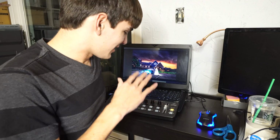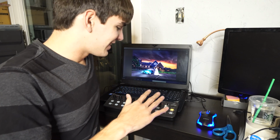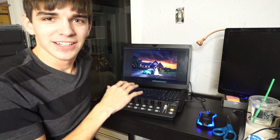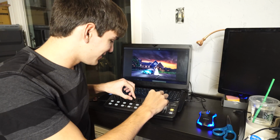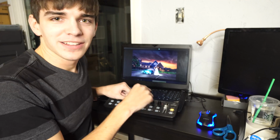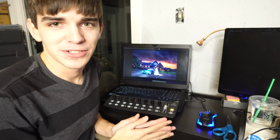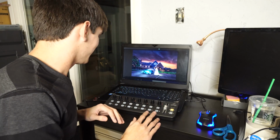But this makes it so much better, and I feel like this could turn musicians into photo editors in no time, because don't musicians like knobs and pressing buttons and sliding things? I don't know. I'm not a musician, I'm a drummer, so I have no idea. But